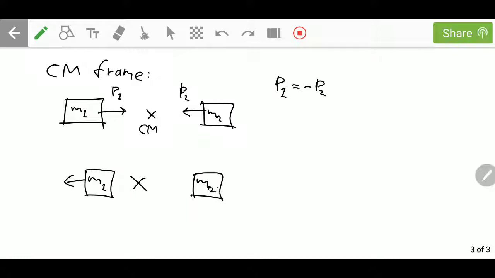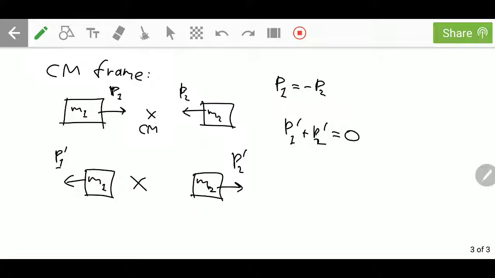But of course, since momentum is conserved, the total momentum has to be 0. However, we know that the kinetic energy has to be conserved as well, because we are told that the collision is elastic. And so the only way for that to happen, let's say this momentum is p1 prime, this momentum is p2 prime, we have, again, p1 prime plus p2 prime is 0,